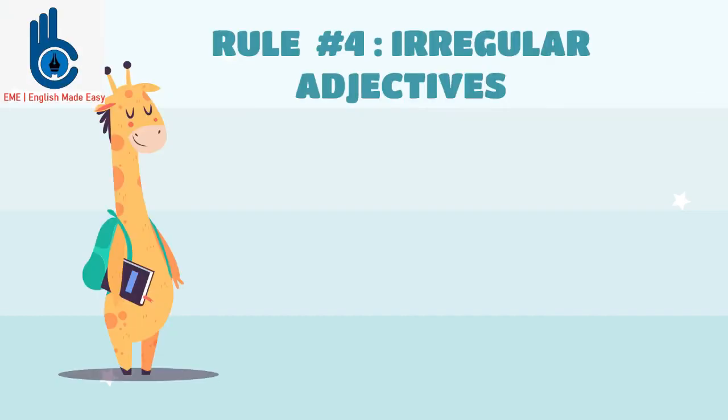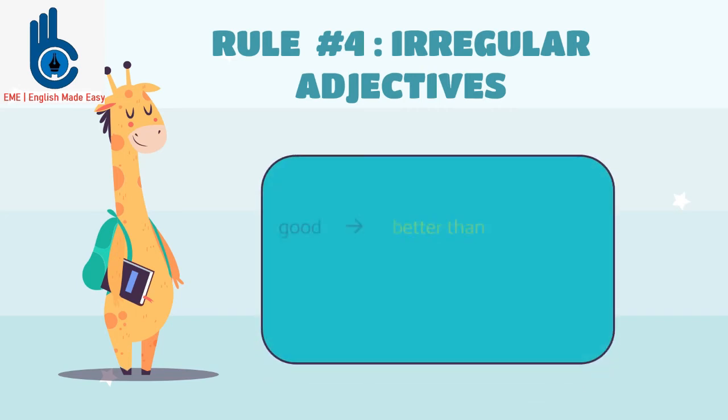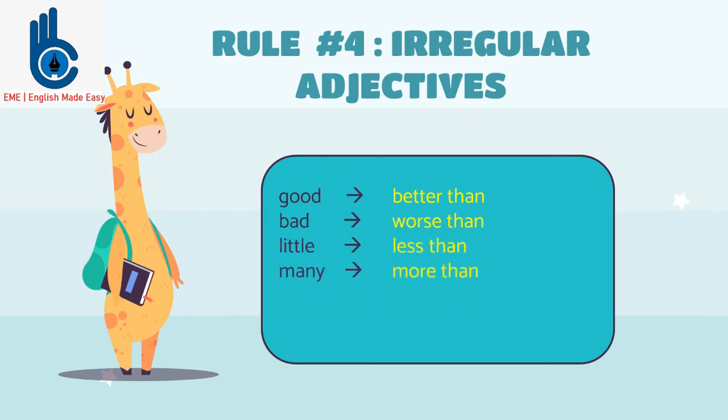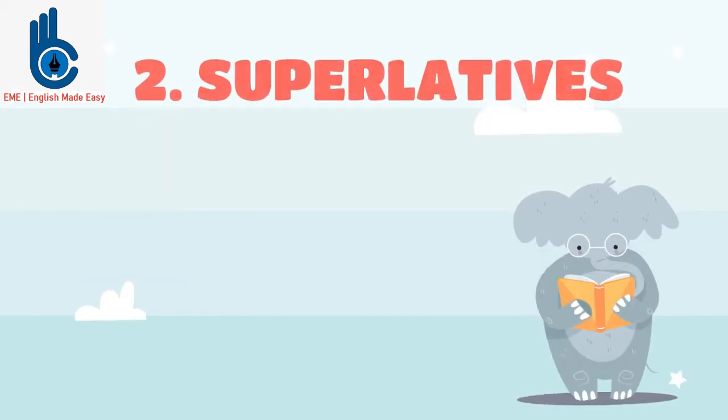Now let us see some irregular adjectives. Good becomes better than. Bad becomes worse than. Little becomes less than. Many and much become more than. Far becomes further or farther than. After we see